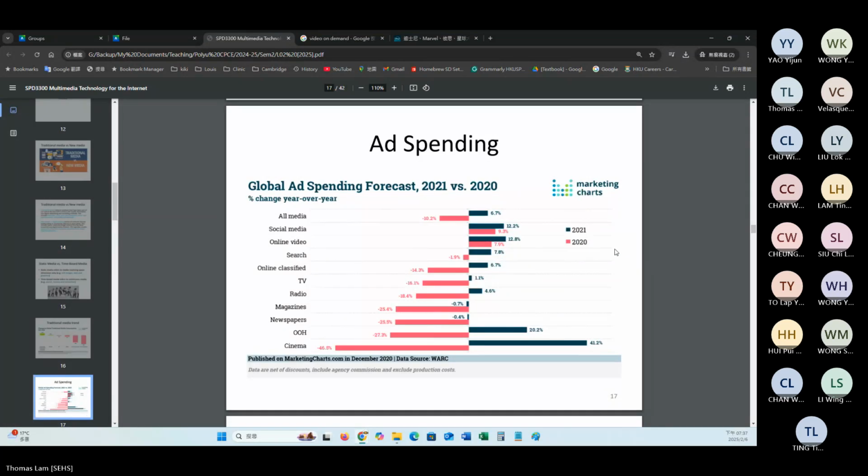If you applied for this bachelor degree program, you may be aware that PolyU has invested in the promotion on the online platform, rather than the traditional media, because the target customer or audience, that means all of you, may have more contact with the online platform. Okay, so therefore, that's the change.